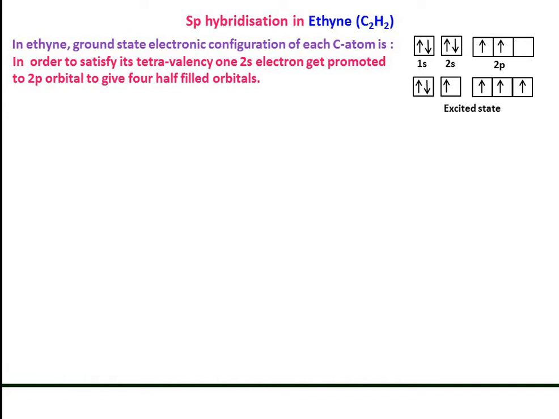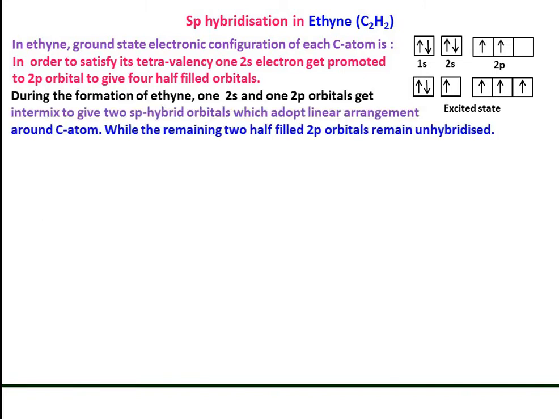Now we know that we already have calculated in rough work that in ethyne the carbon atom has sp hybridization. That is, only one 2s orbital and one 2p orbital will undergo hybridization. So we will write in this way that during the formation of ethyne, one 2s and one 2p orbital get intermixed to give two sp hybrid orbitals which adopt linear geometry around the carbon atom, while the remaining two half-filled 2p